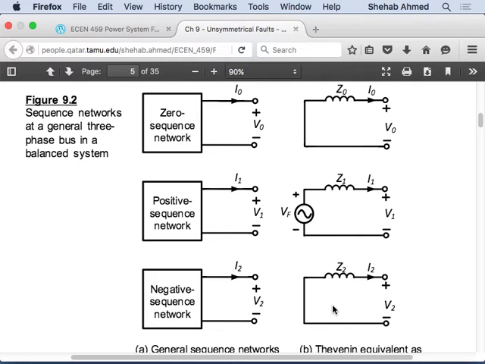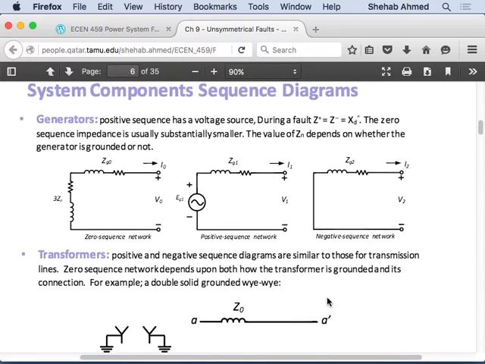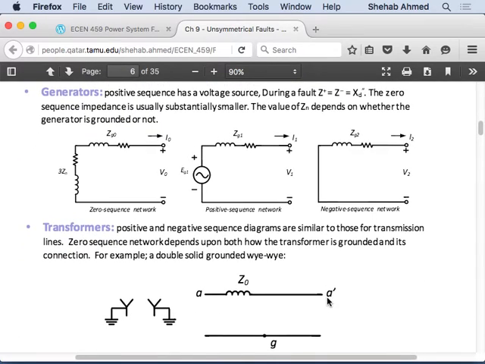And then I will need to connect these somehow. How to connect them will depend on the type of fault, right? So do we see the process now? I will come up with a Thevenin equivalent circuit for the system, and then I will figure out how to connect them. So here we're just reviewing, for the generator, this is what the generator looks like, positive, negative,